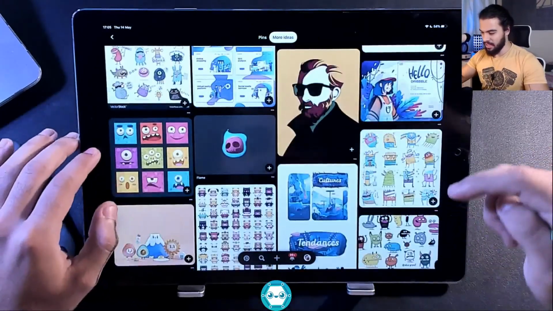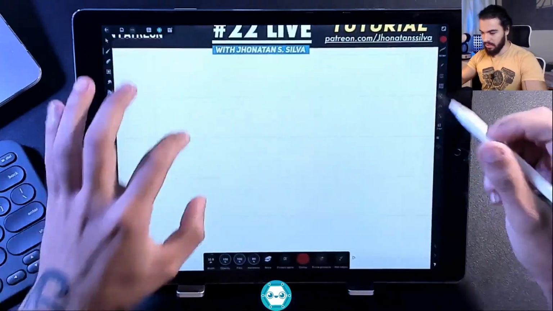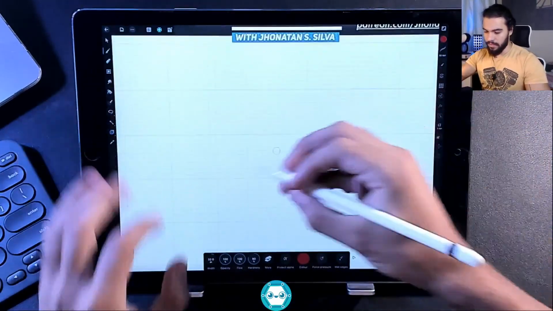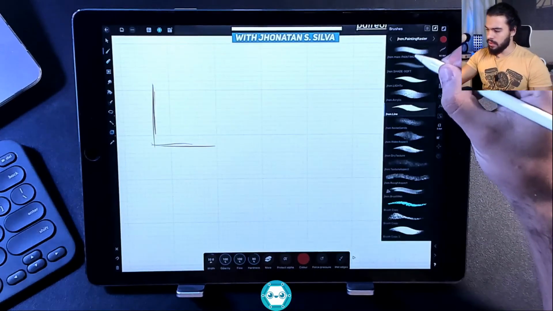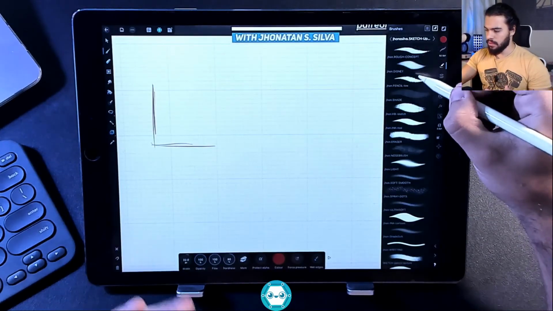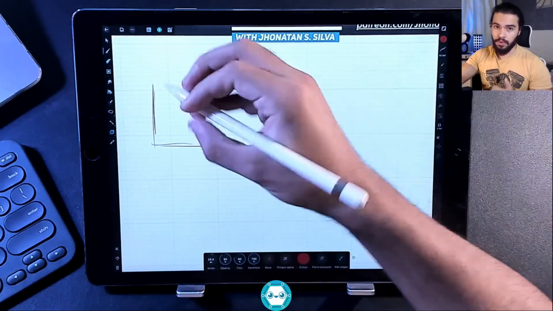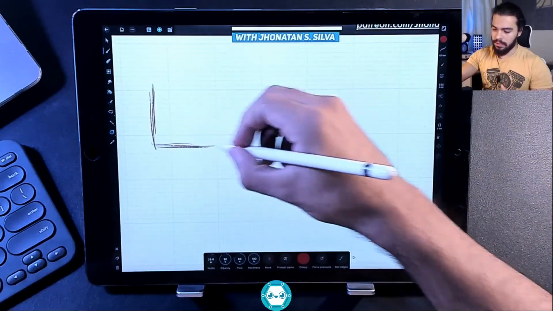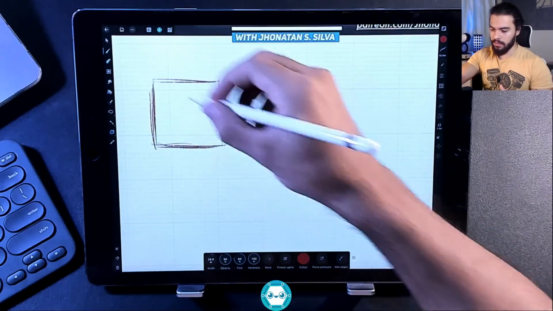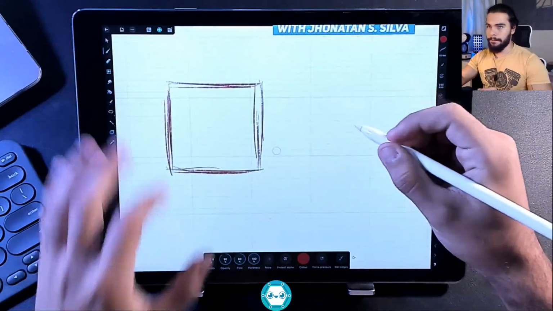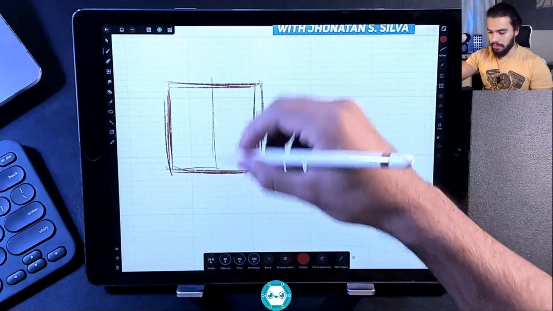And okay, so let's get started now by making some sketches, okay? Look, I really advise you guys to create some sketches, okay? If you want to create things from your head, all right? I'm going to start with a square. Okay, as you can see, a square. And I'm going to draw this